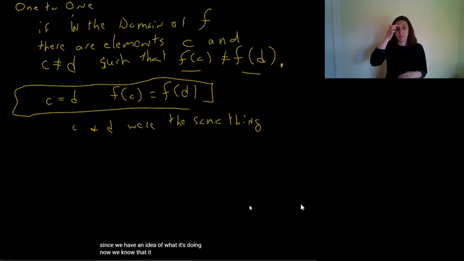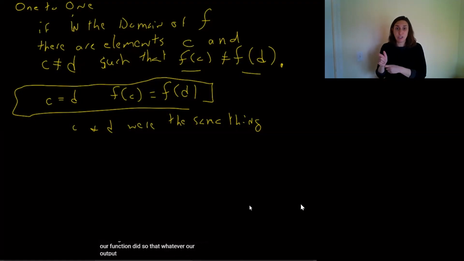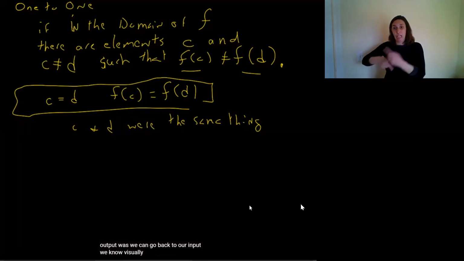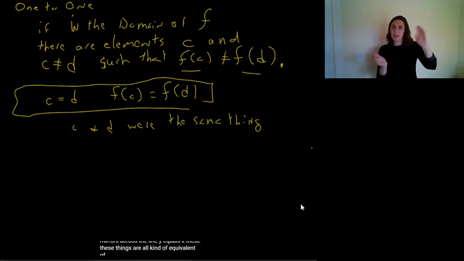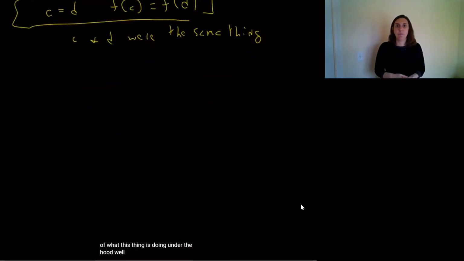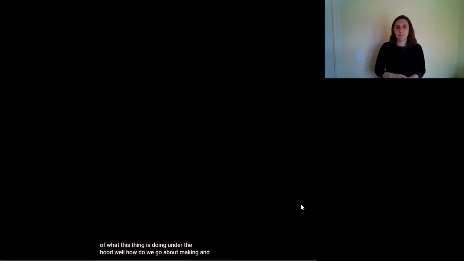So let's dig deeper into inversions then, since we have an idea of what it's doing now. We know that it takes the domain and the range and switches them. It undoes what our function did so that whatever our output was, we can go back to our input. We know visually if we see this, it mirrors across the line y equals x. So these things are all kind of equivalent of what this thing is doing under the hood. Well, how do we go about making an inverted function? So I'm going to take a line as a function. I'm going to take f of x